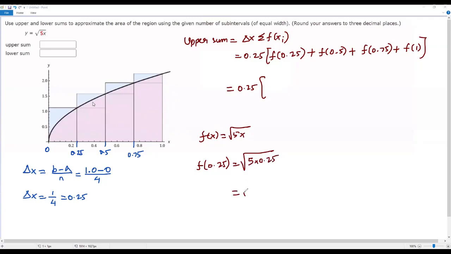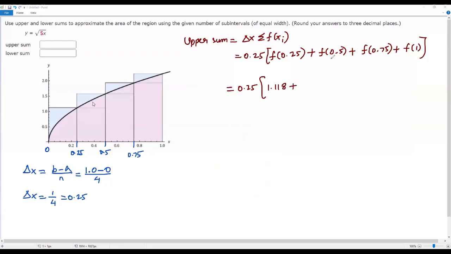So when I multiply 5 and 0.25, I'm getting 1.25. When I take the square root of this 1.25, I'm getting approximately 1.118, rounded to 3 decimal places as instructed in the information. The same thing we have to do for f of 0.5, f of 0.75 and f of 1. Okay, now we got f of 0.25, its approximate value is